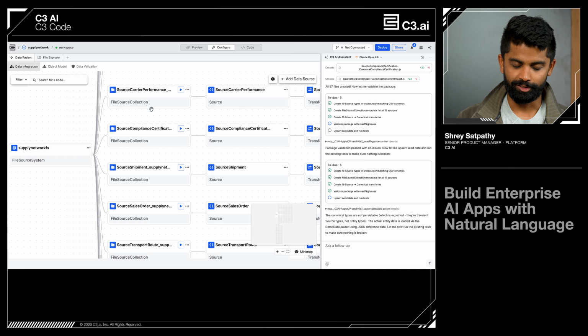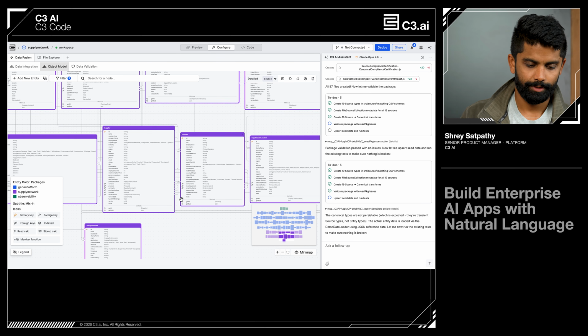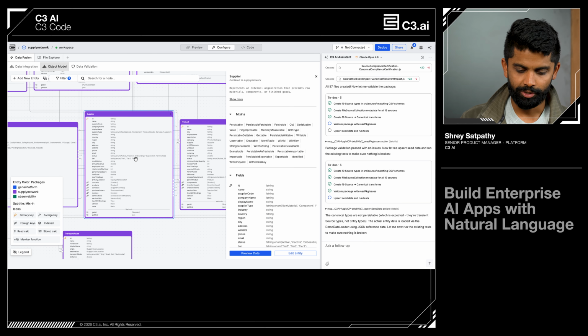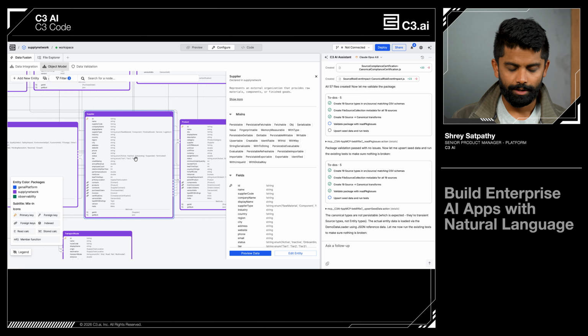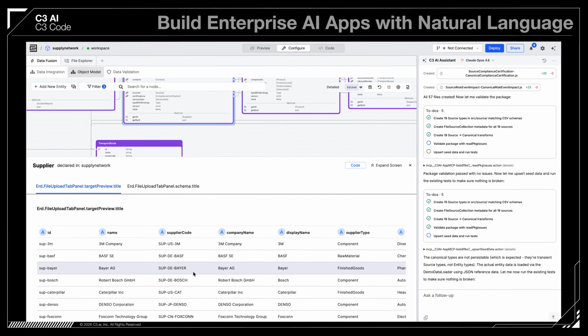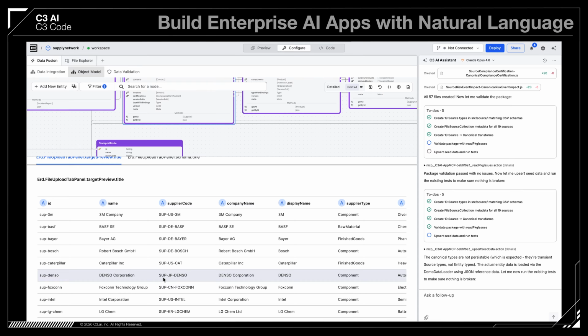Now we can go inspect some of these objects and look at the data that was loaded. Let's look at the supplier type. Here, we can preview the data and see what data has been actually loaded into these entities. There we go. We see that supplier data, 3M, BASF, Bayer, they're all loaded from that external source system into